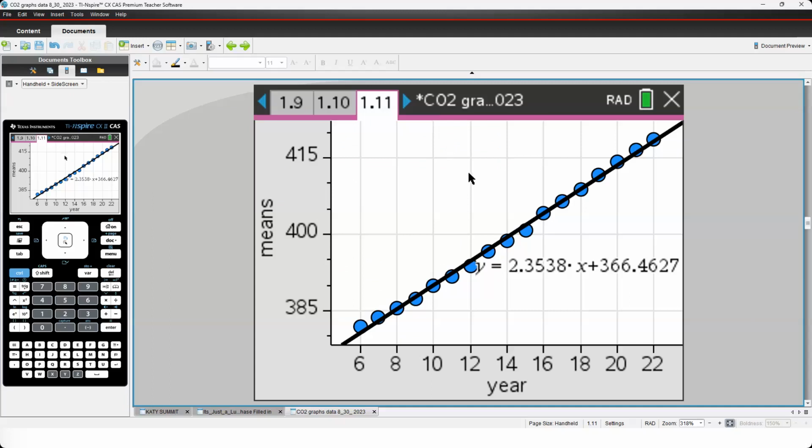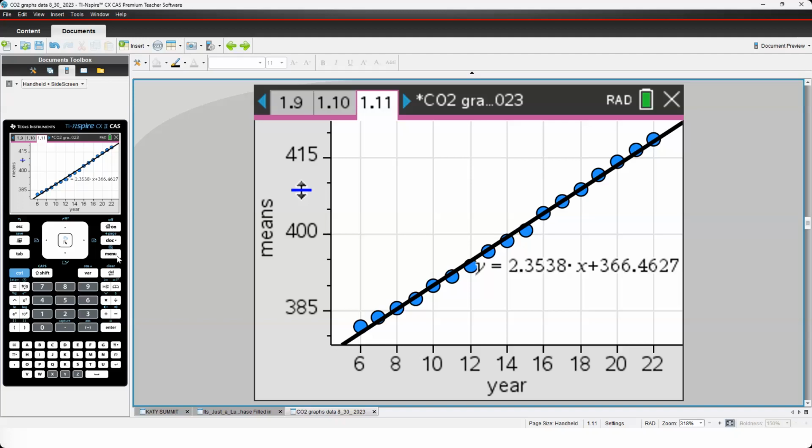So here's a space where sometimes I skip over this and I really shouldn't. You should take time with your students to say, all right, what does that 366.4627 mean? What is that? What is the 2.3538? And I have to tell you, when I've done this with my students, when I remember to do it, to really make the point, because that's what they're supposed to be doing, is interpreting this stuff. If I say, what is the 2.3538? They will tell me it's the slope. And I will say, no, it's the slope. What is it? What does it mean?